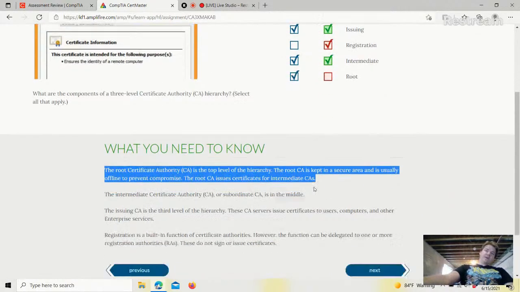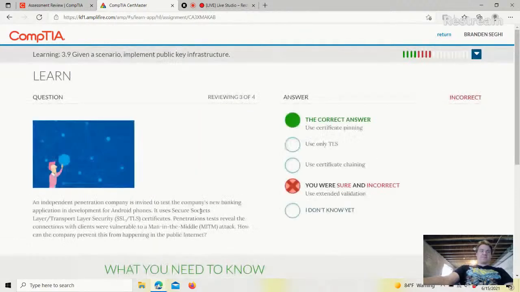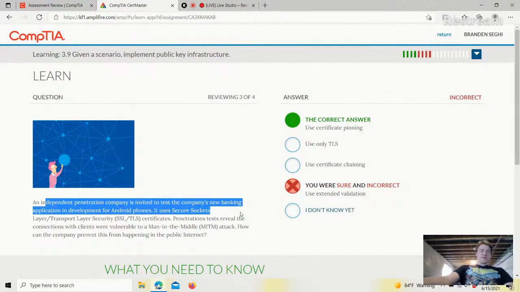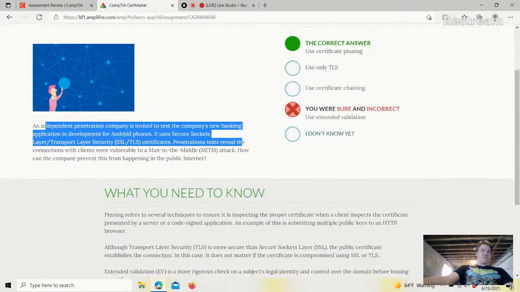So root, intermediate, and issuing. Got it. An independent penetration company is invited to test the company's new banking application in development for Android